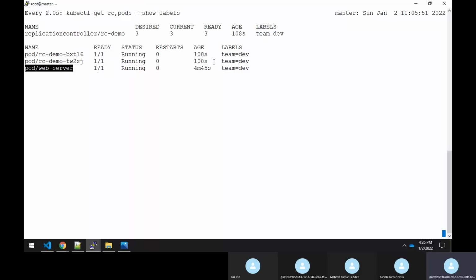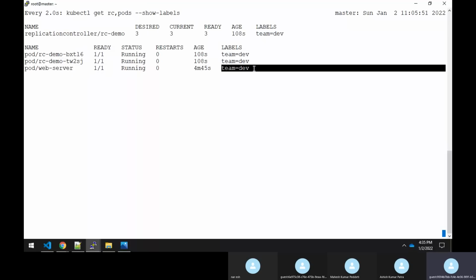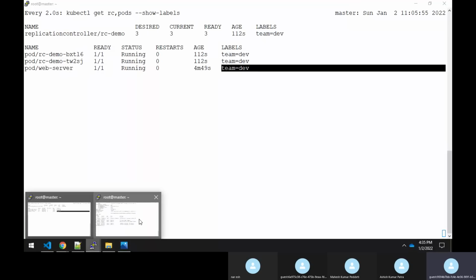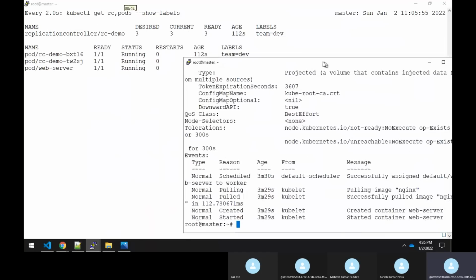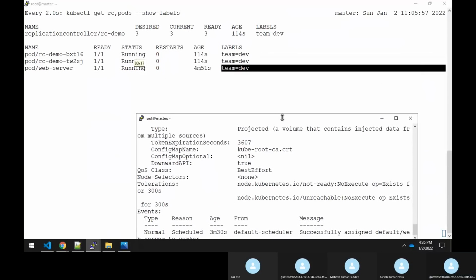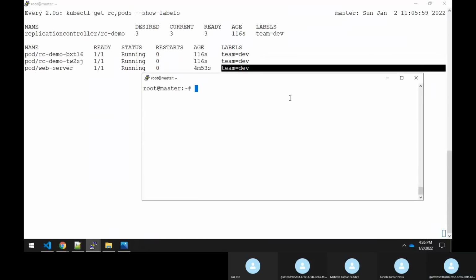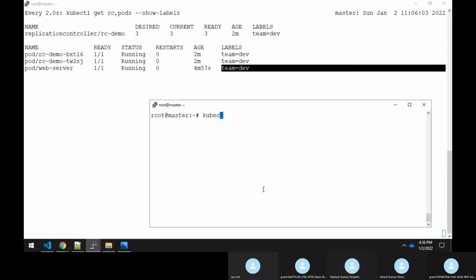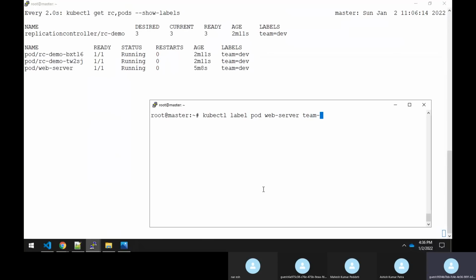To do that, you simply have to remove this label. That's all. Just see what I'm doing here: kubectl label pod, specify the pod name web-server, and team-.